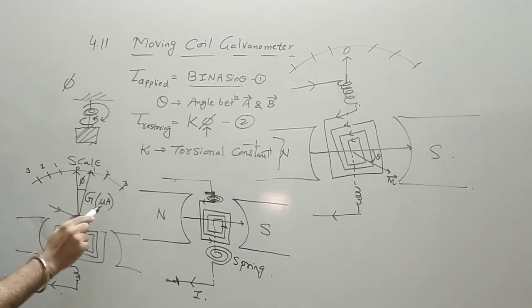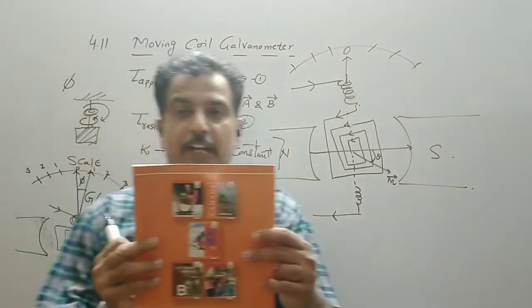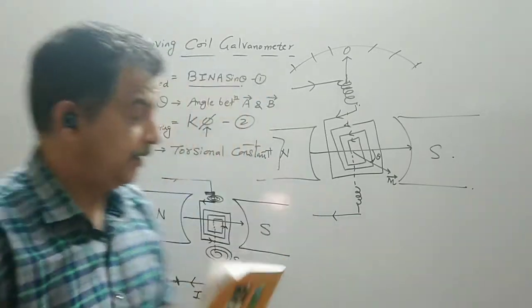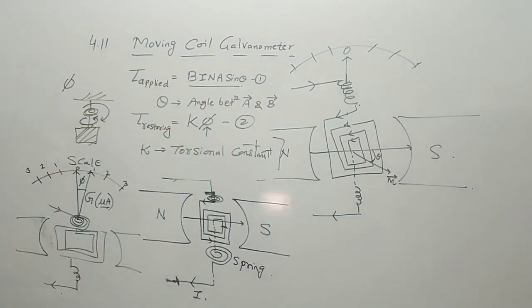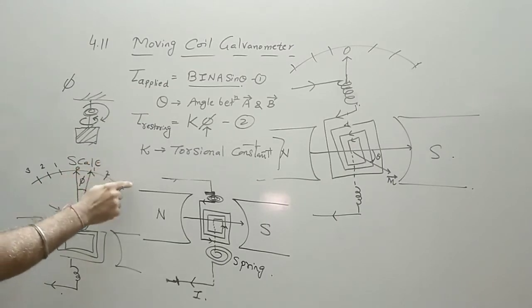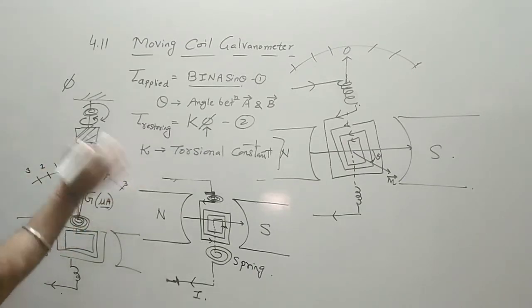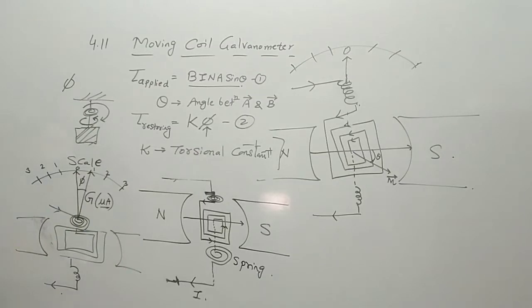So if we pass 1 microampere current, this coil will be deflected by say 30 degrees, then 60 degrees like this. It will not be 90 degrees, the spring will break down. So it has some range starting from 0. Say this is 15 degrees, 30 degrees, and say this is 45 degrees. Like this we have to fix, or calibrate, the scale. That portion is called the calibration of the scale.